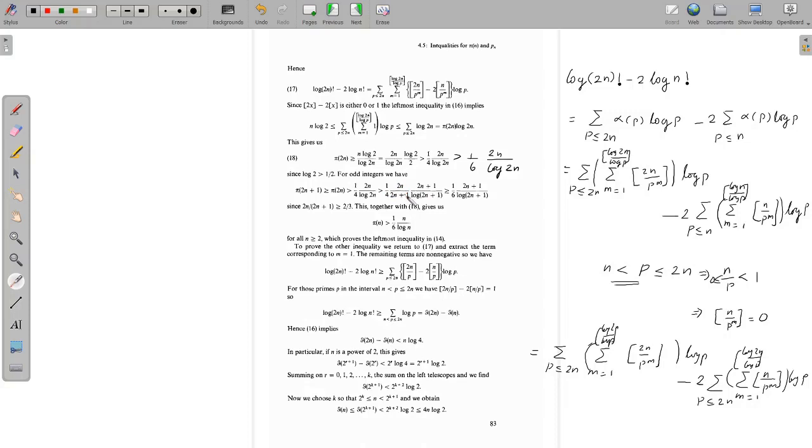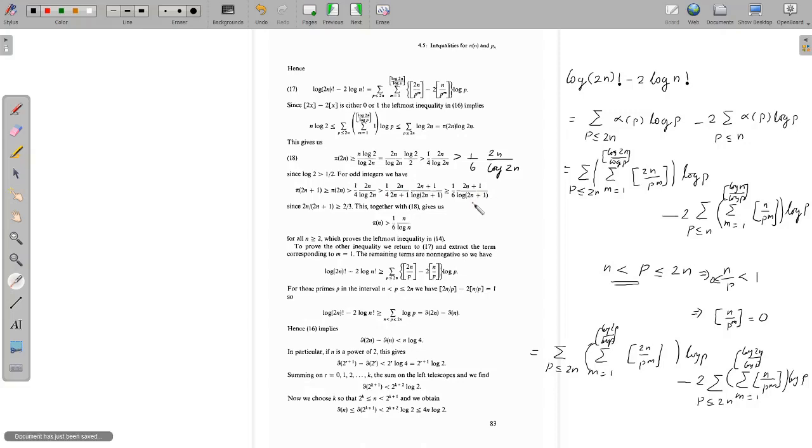Again, in the assignment we have seen that the minimum value of 2n by 2n plus 1 is always 2 by 3. So for any n, this quantity is greater than or equal to 2 by 3. So we can replace this quantity by 2 by 3, and then you will get this inequality, which is greater than or equal to 1 by 6 times. That is because of this 2n by 2n plus 1 term, so the minimum value is this 2 by 3. If you replace this by 2 by 3, by cancelling this 2 with this 4, you can get 1 by 6 here. So 1 by 6 times 2n plus 1 by log 2n plus 1.